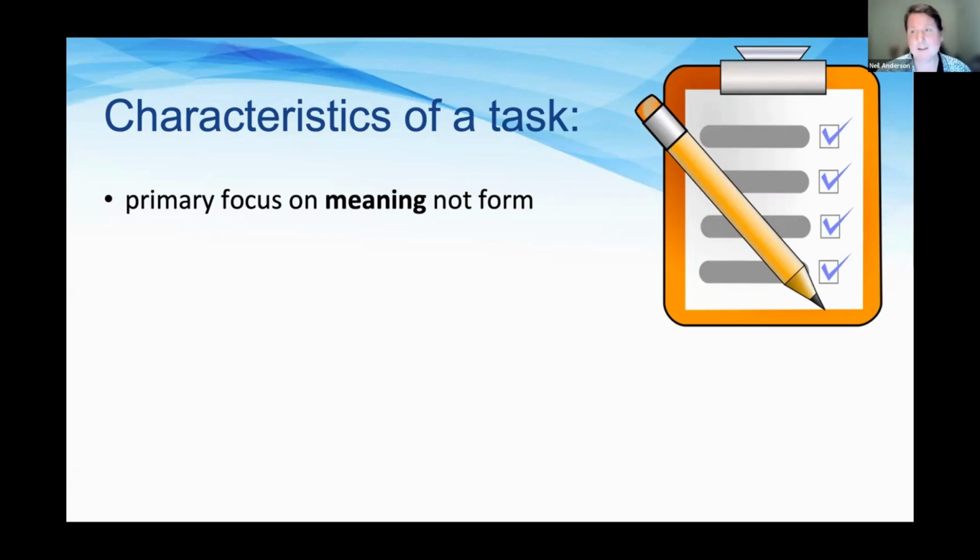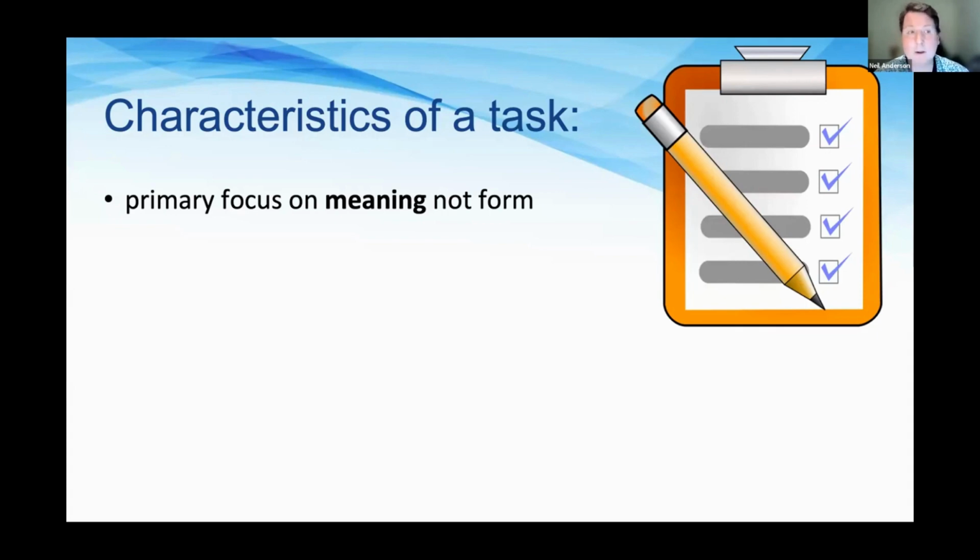These are the kind of things that I think characterize our approach to task-based learning and fit quite tidily with mainstream teaching. But all of the experts agree that tasks have certain characteristics, and this is what differentiates them from many of the exercises that you might find in a course book.